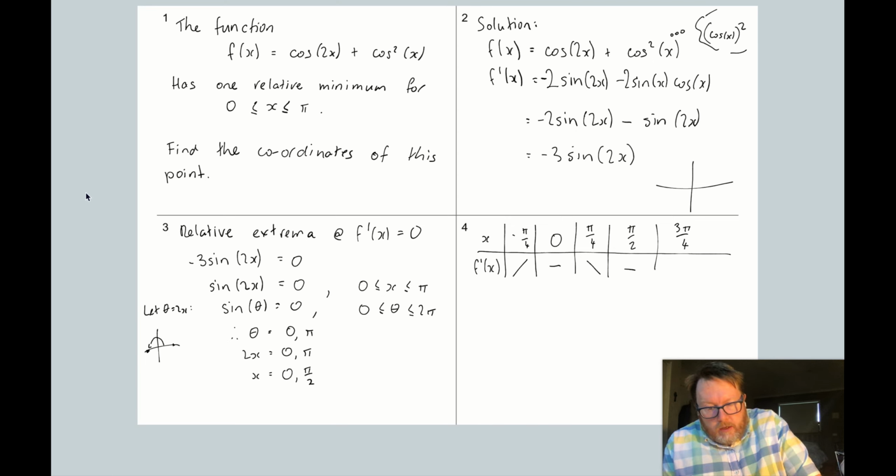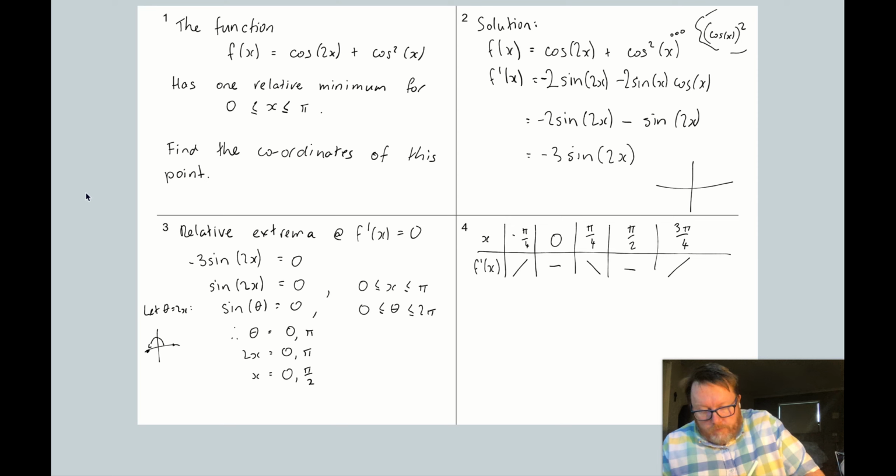And then our next point is going to be 3 pi on 4. So that's going to be 2 times 3 pi on 4, which is 3 pi on 2. So it's going to be over here. So it's going to be a negative value. -3 times a negative value is going to be positive. So we're going to get this happening here as well. So we can see that we've got a maximum here, and then we've got a minimum here. And so we can conclude